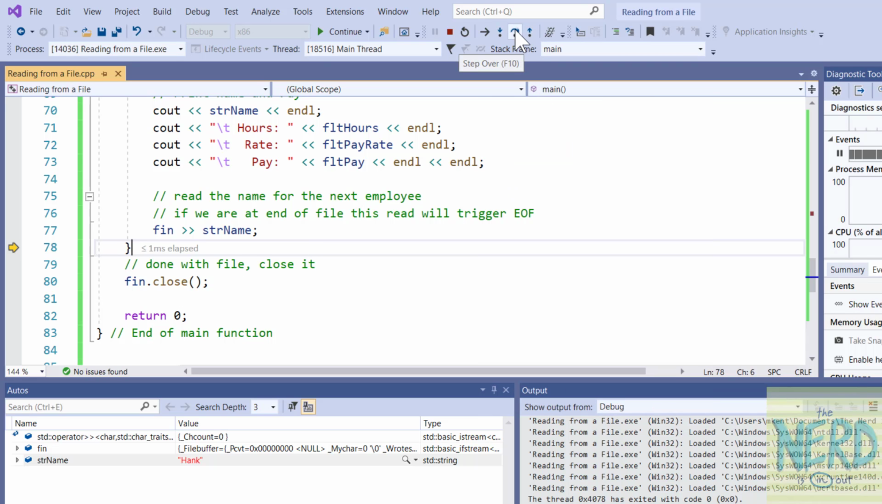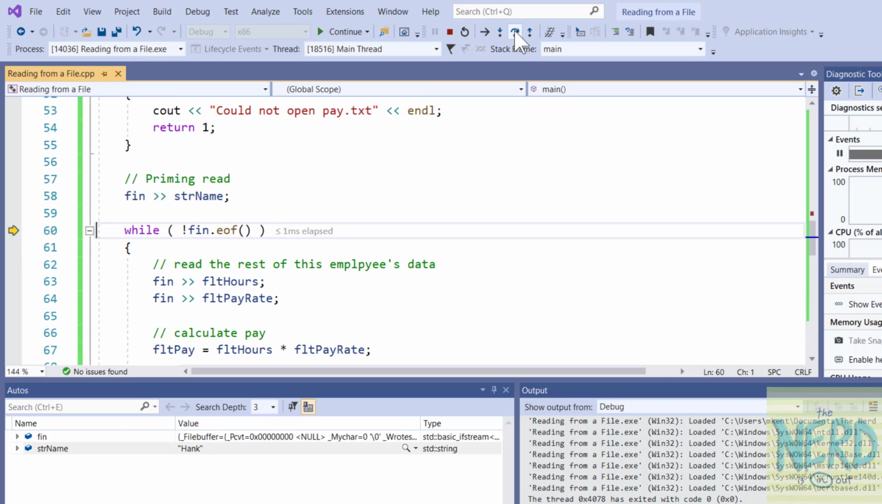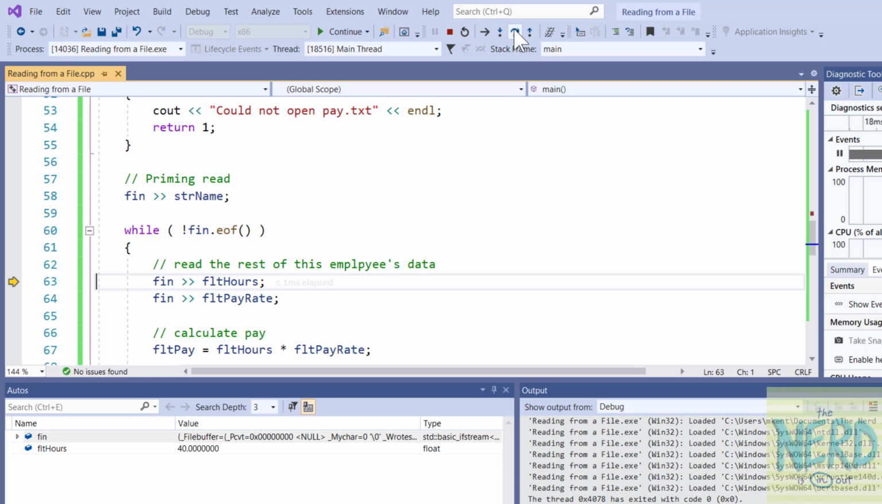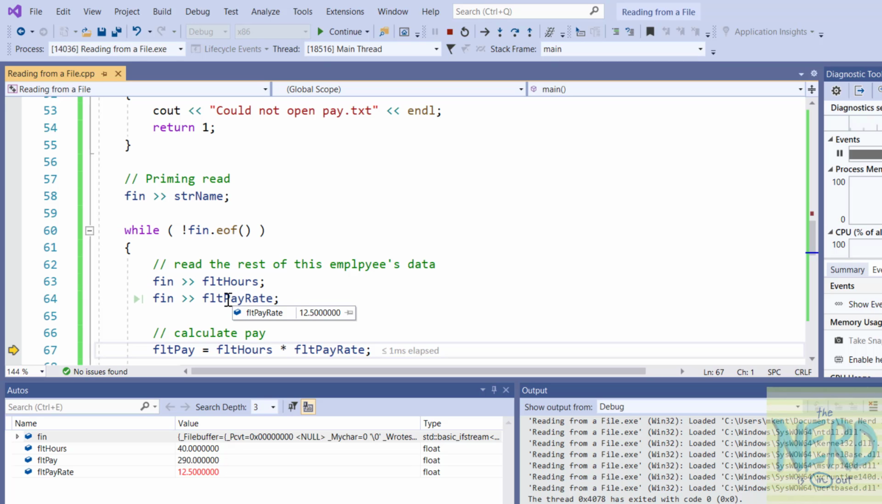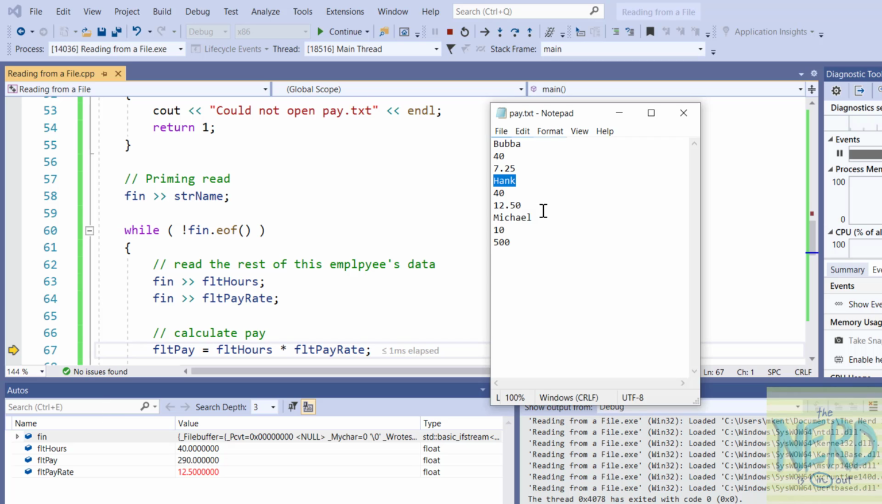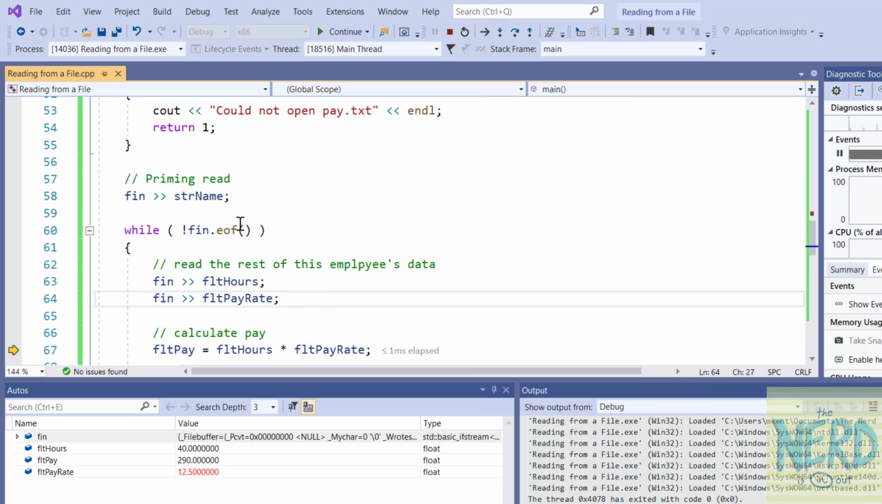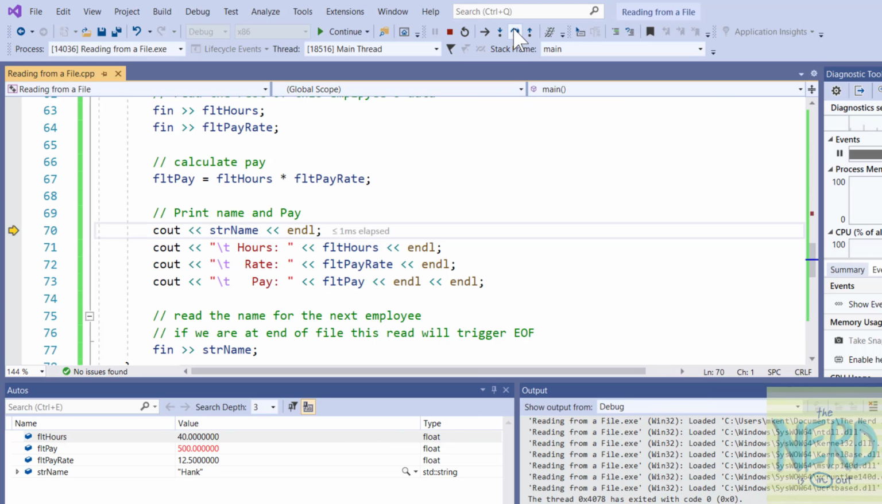So we've read Hank in successfully. We have not hit the end of file, so when we jump back up to the top of the loop, EOF is going to be false. This is going to return false, so not false is true, so it will stay in the loop. Then we're going to read the hours, so you see we got 40 and $12.50 an hour. So now we have read all of Hank's information, and we're going to calculate Hank's pay